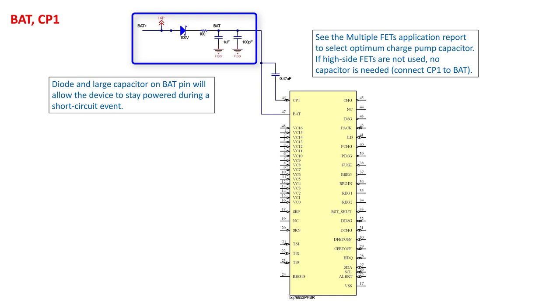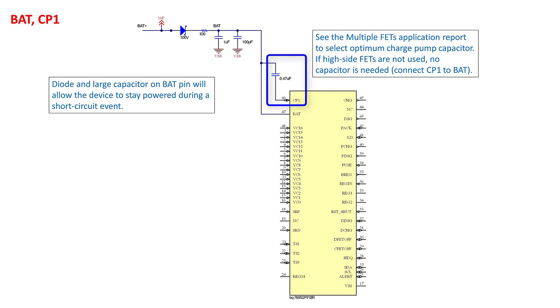The device will still continue to operate long enough to detect the short circuit and disable the discharge FET, drawing current from the capacitor. A standard diode can be used, or a Schottky diode may be needed for a lower voltage pack. The evaluation module and reference designs also use a 100 picofarad capacitor to filter noise on the BAT pin. The charge pump generates a voltage 11 volts above the BAT pin voltage. This is the voltage used by the charge and discharge FET driver pins to control the high side FETs.